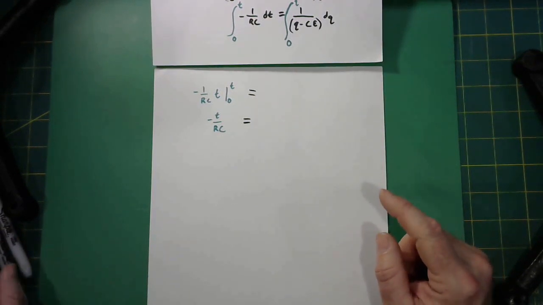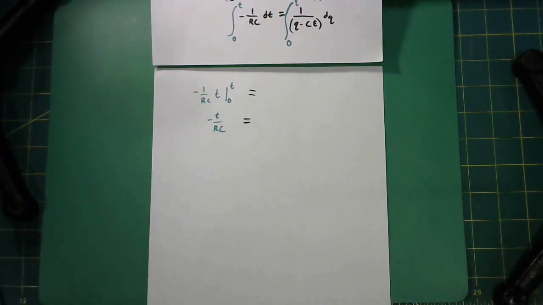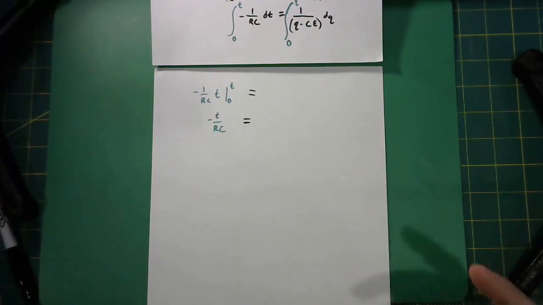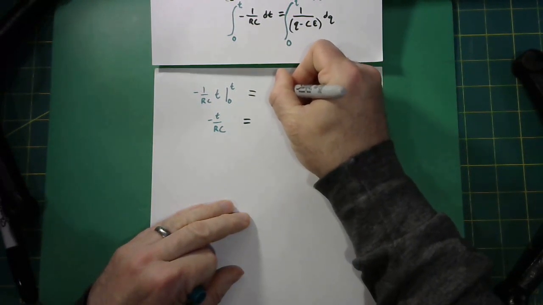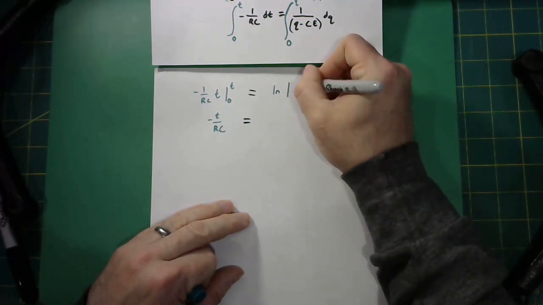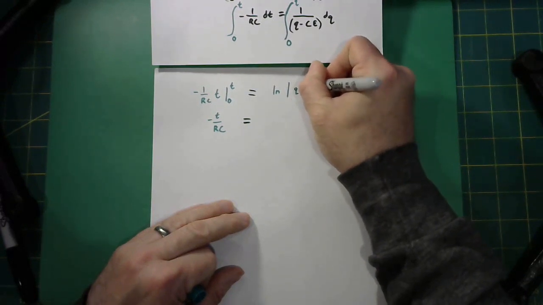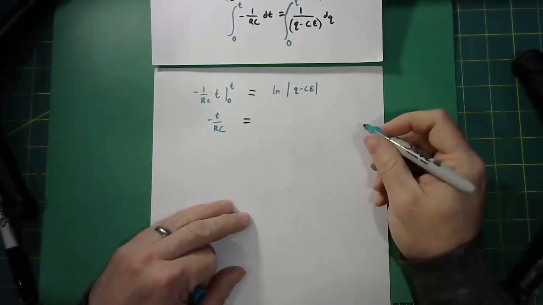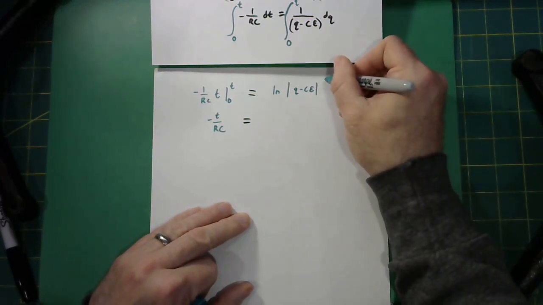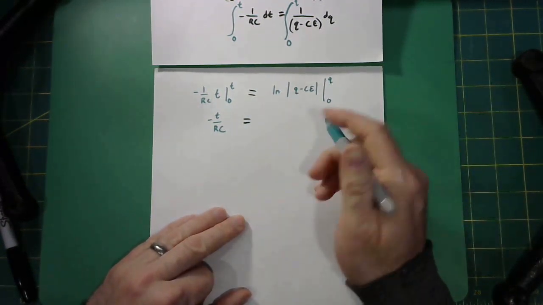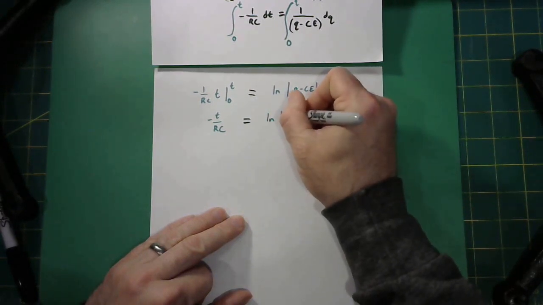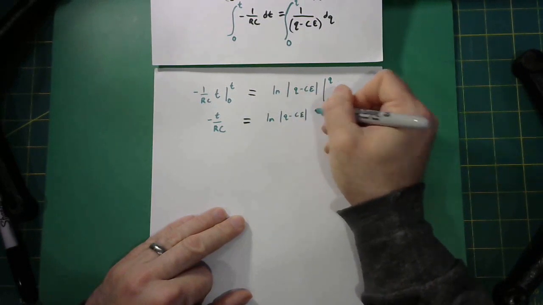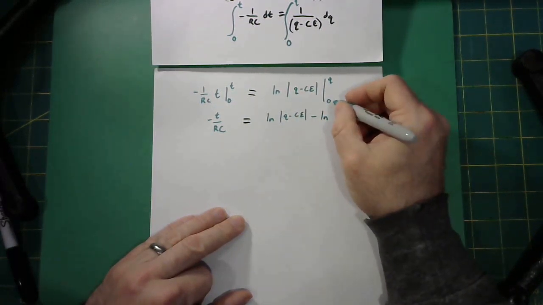So when we go ahead and resolve this, that right side is going to come out to be the natural log of the absolute value of Q minus C times the EMF, capacitance times EMF, from the bounds 0 to Q. When I go ahead and resolve that, I'll put in a Q. So I have the natural log, absolute value Q minus C EMF, minus natural log, when I put in a 0 for Q,